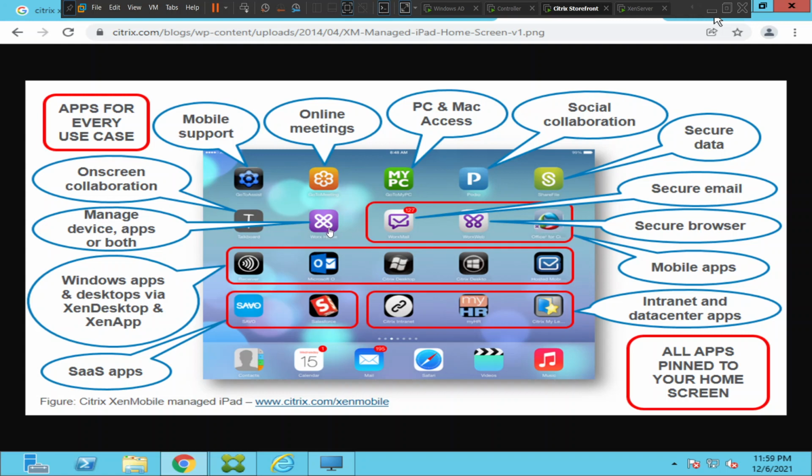It could be an iPhone or iPad or a tablet. Okay, I think right now the name has changed to Secure Hub. In the previous version, it used to be called Works Home. Now it is called Secure Hub. So this is available in Play Store and App Store, and users can straight away download it from the store and install it on their endpoint device.